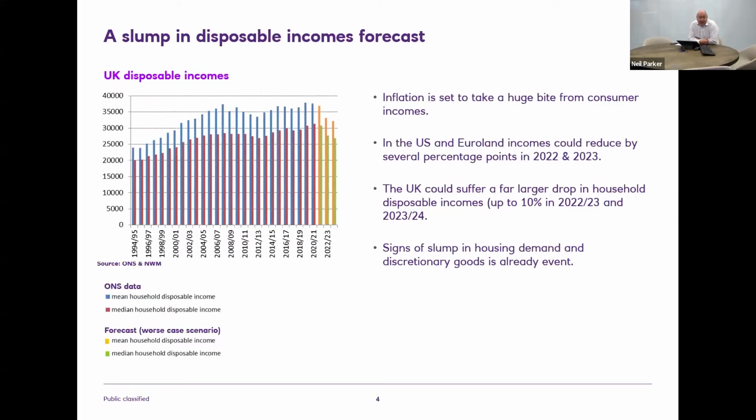Now this is ONS data for disposable incomes, and also then a forecast, a worst case scenario, something that's been talked about in the media lately and by a number of economic commentators about how big the dip in household disposable incomes could be. You can see that the forecast is for disposable incomes potentially to drop back to levels that we last saw around 2003, 2004. And that's something that ought to be very alarming to the authorities, both the fiscal and monetary authorities, but it also ought to be alarming to a lot of businesses in terms of what this will do as far as